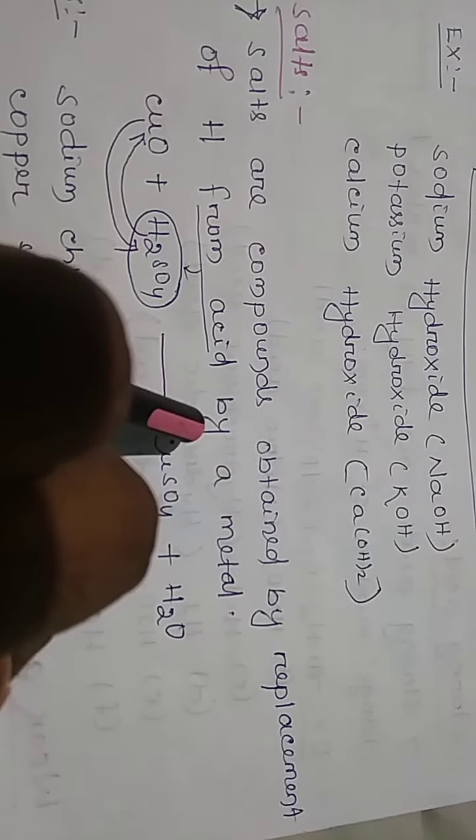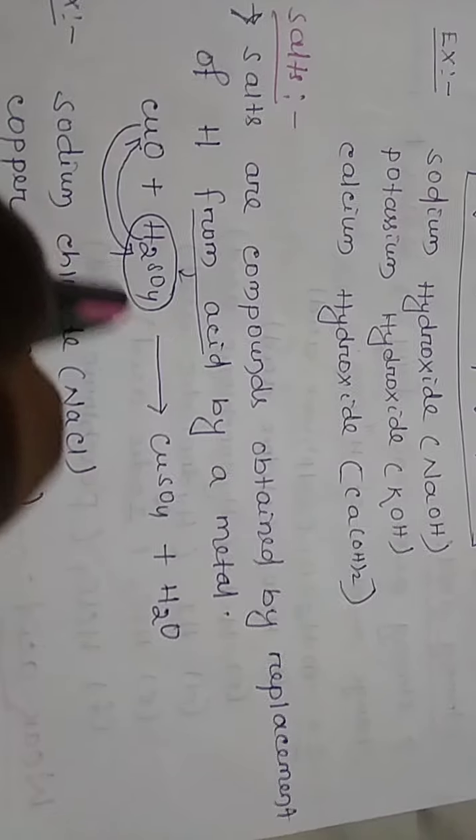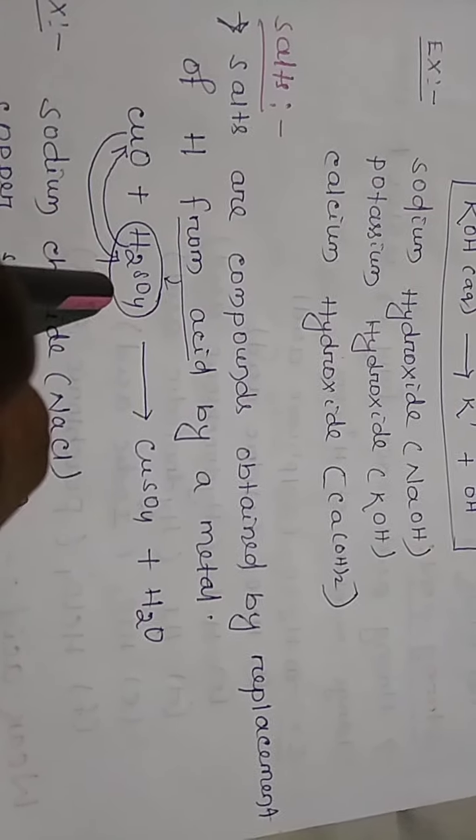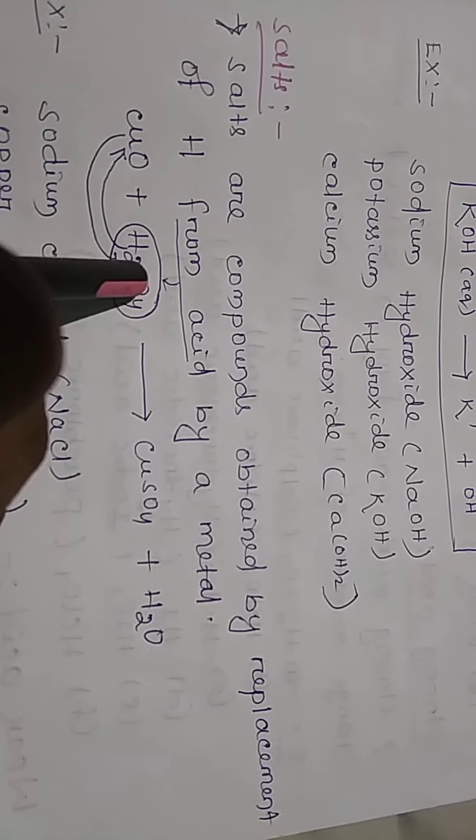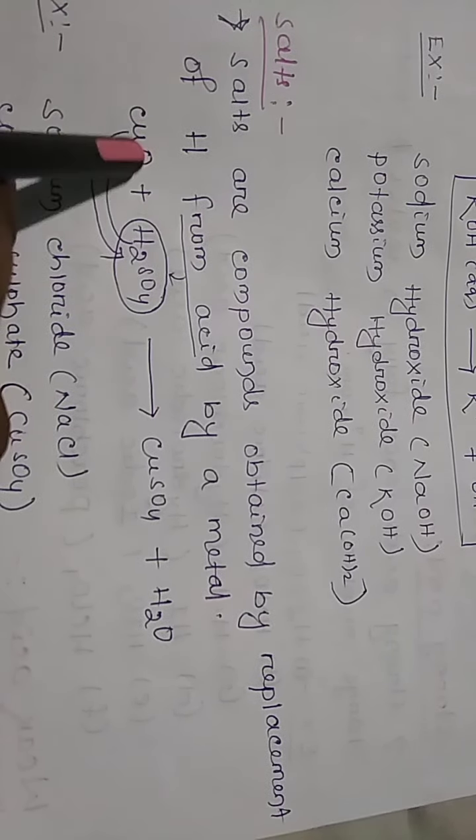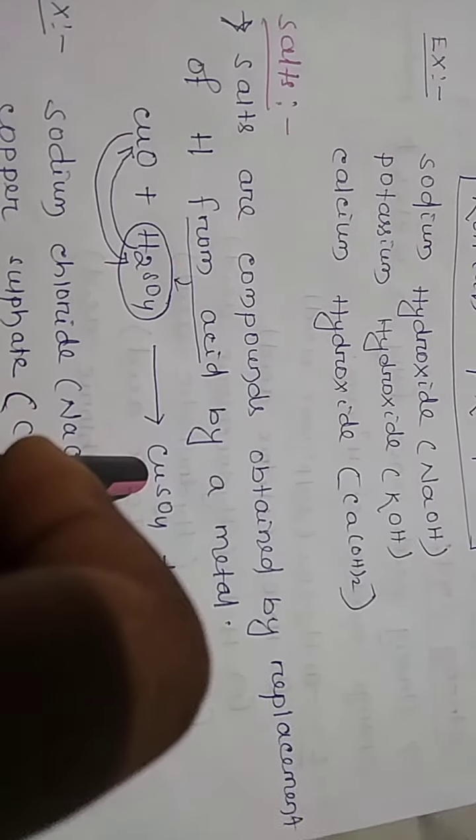Here we have to know how the hydrogen atom is replaced by a metal from an acid. Okay, if in a reaction a hydrogen atom from an acid is replaced by a metal,